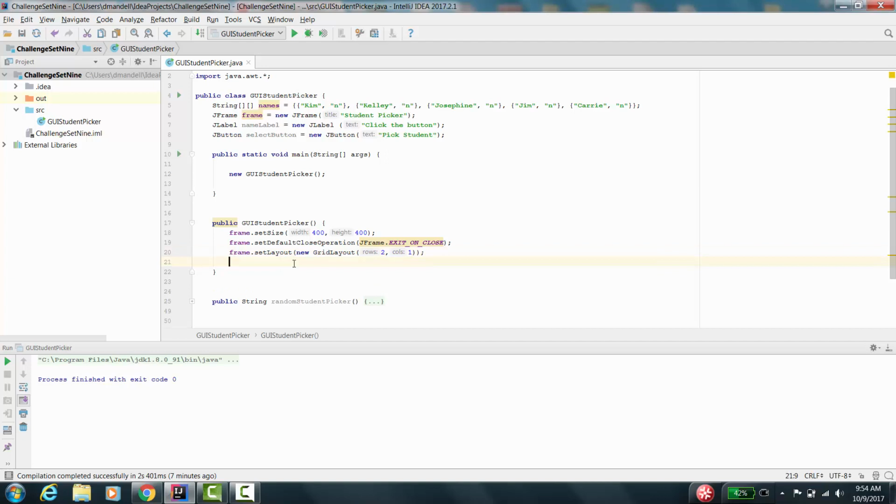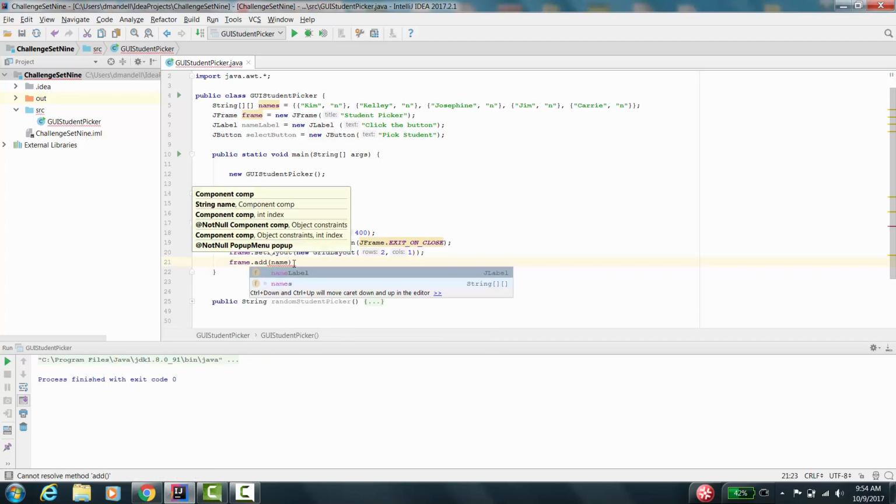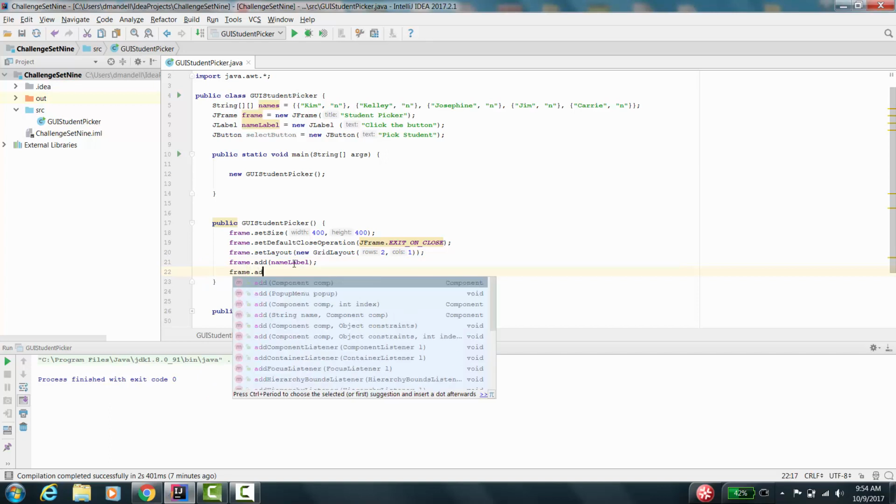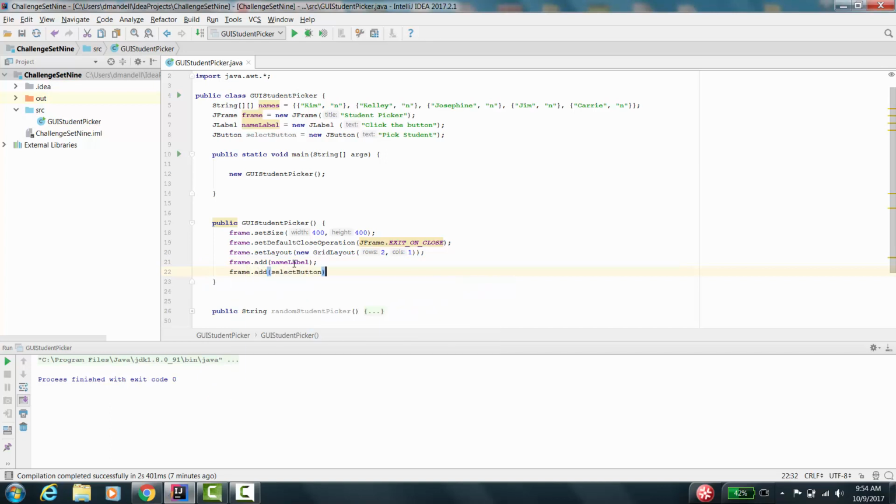So now I need to add my graphical elements to the frame. So I do frame.add, and the first one I want is the name label. And then I'll add the button, frame.add, select button. Now is probably a pretty good time to make sure that what I've done is working. So I will run it, and hopefully I'll see a window with,